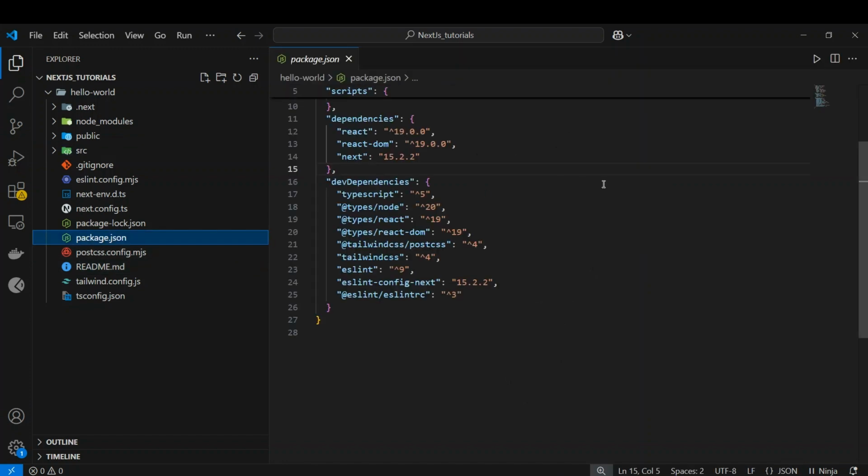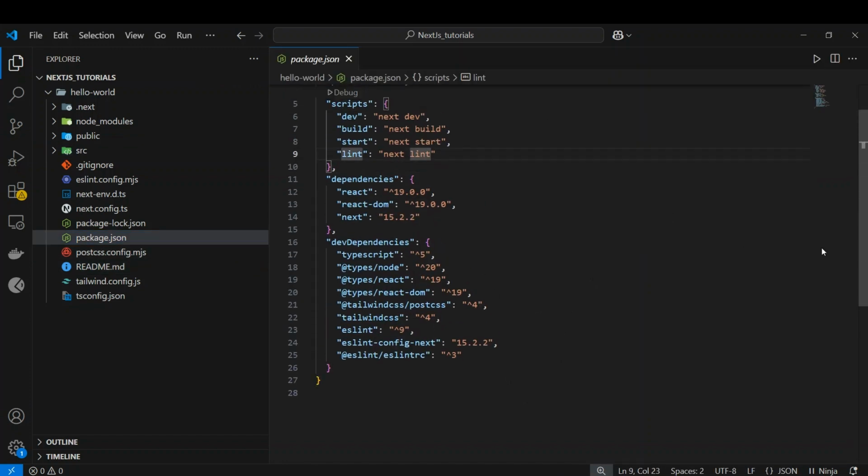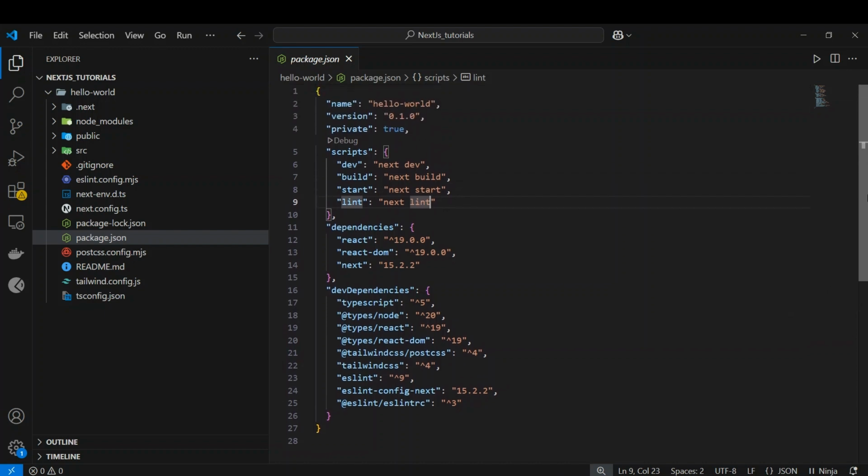Here you can see a number of objects, and this is where, when you run the application, it starts from. Here you can see that you have the dependencies. In the dependencies, when you installed the Next.js application, the things installed at that time were React, showing version 19, which is a stable version, and React DOM 19.0, and after that you have Next.js, which is version 15.2.2. And you also have the devDependencies object, in which you have the dependencies installed for building this particular application.